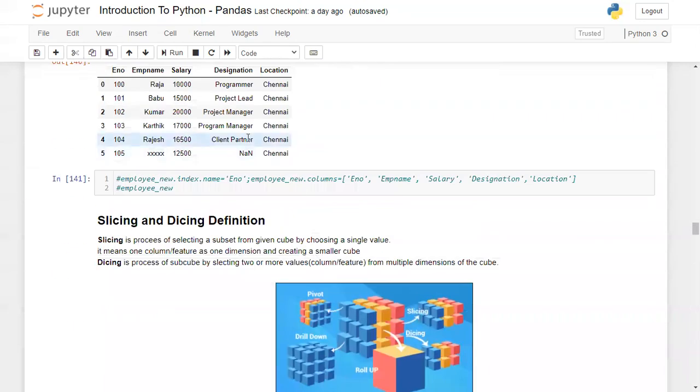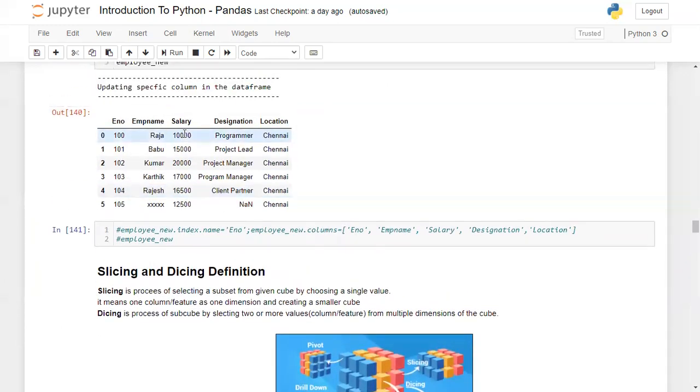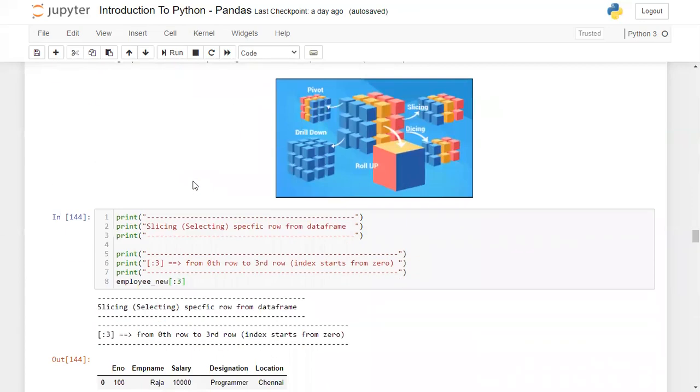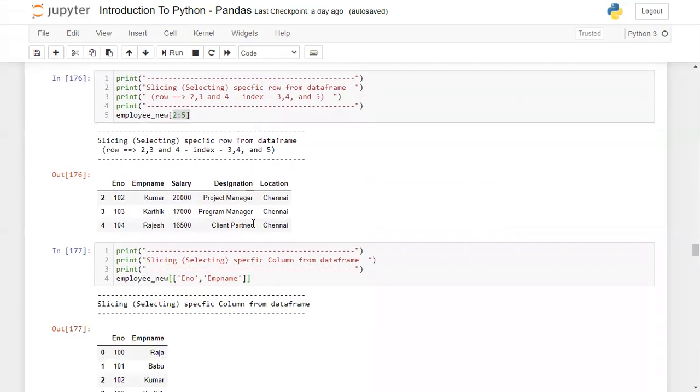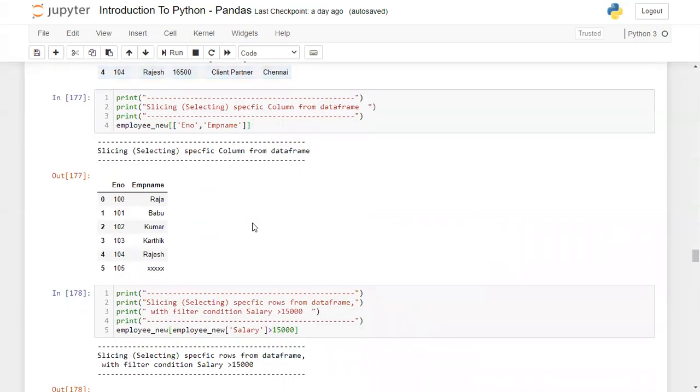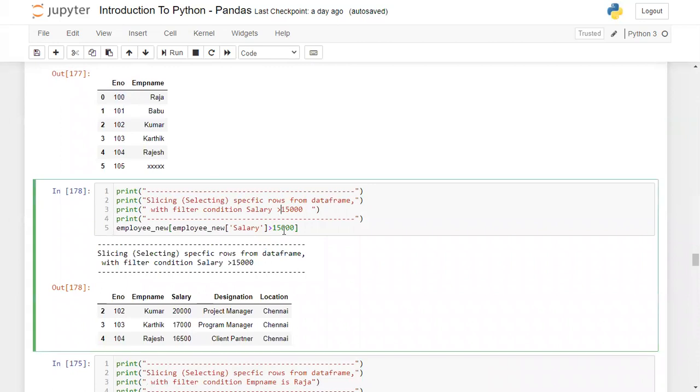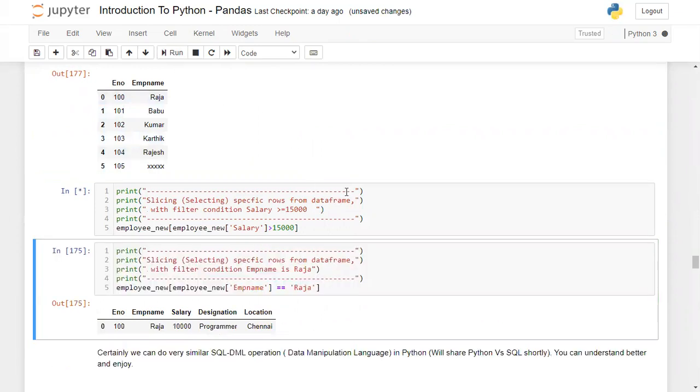If you look at the actual data frame, I have a few people with less than 15,000: that is 10,000, 15,000 and 12,200. But this 15,000, I didn't get. Why? Because I have mentioned here greater than 15,000. If you make it greater than or equal to, I will get